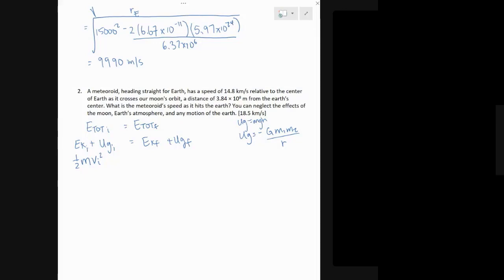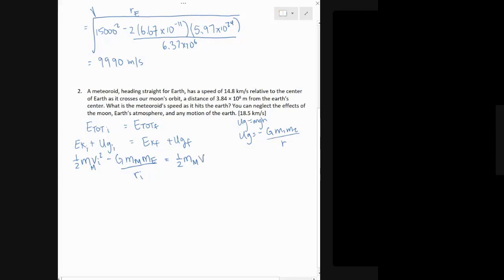This m here that I just wrote, is that the mass of the meteoroid or the mass of Earth? Meteoroid. Yeah, good, because it's the object that has the speed. And then UG initial is minus G, mass of the meteoroid, mass of the Earth, over the R initial equals EK final, so 1/2 mass. We're talking about the meteoroid who has the kinetic energy because it's the one that's